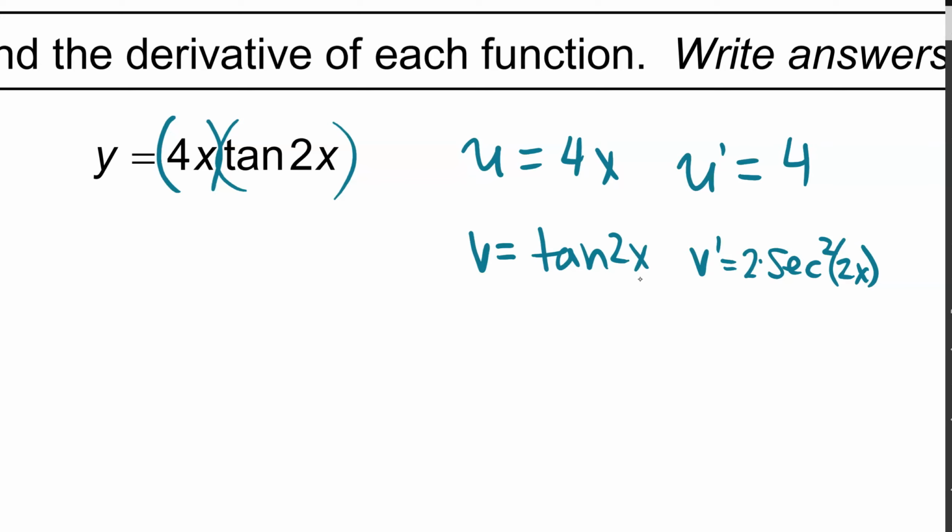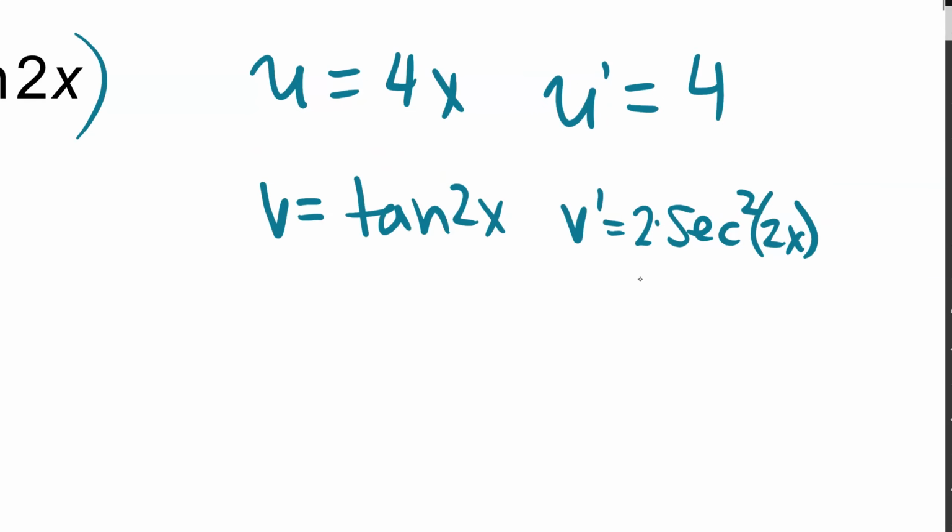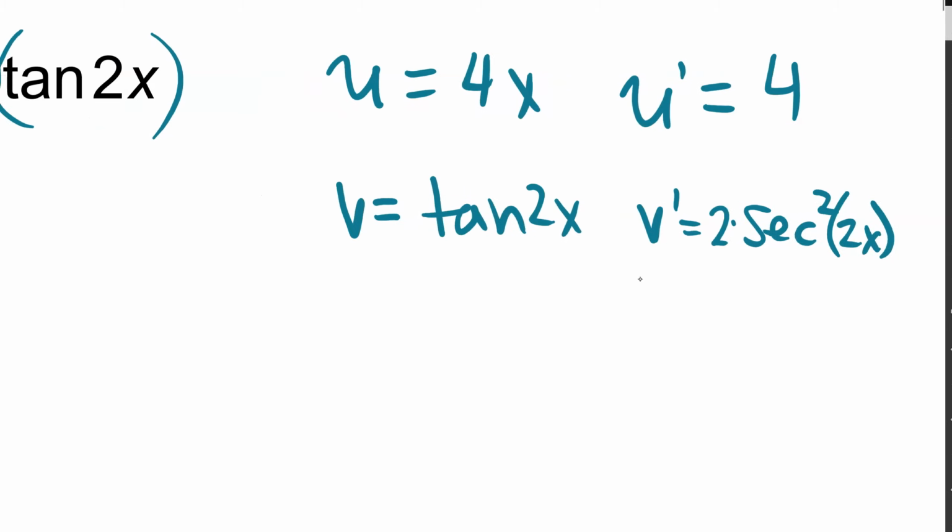I thought for tans and all that stuff, you just keep it? We leave the inside, so that's why I have secant squared of 2x. But isn't it attached to it, so it's not the chain rule? I'm taking tangent of a function. The function's 2x. Can you open up the secant of 2x? I don't really understand how that would work. I know that there was a sheet, but